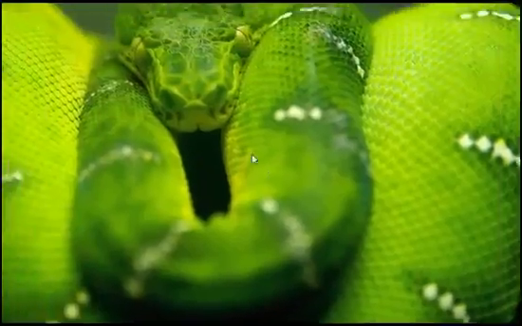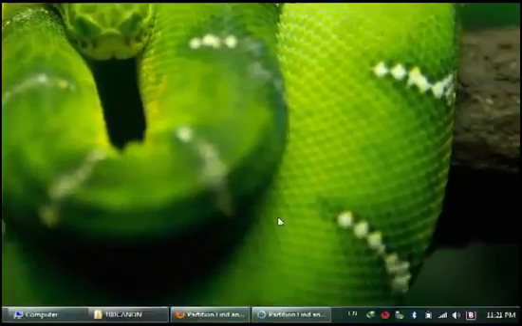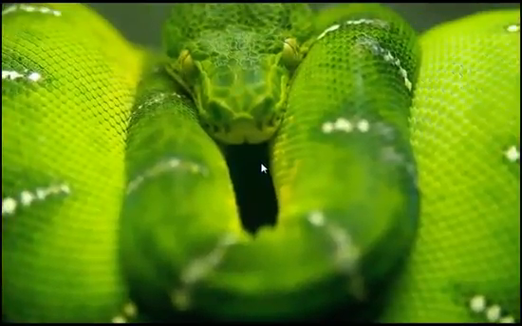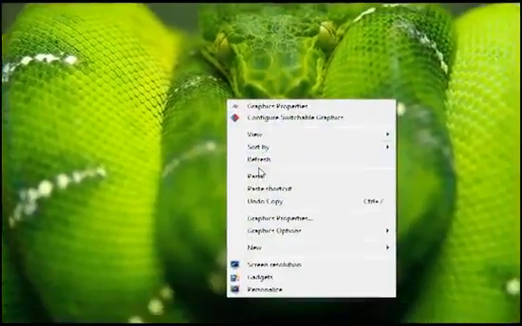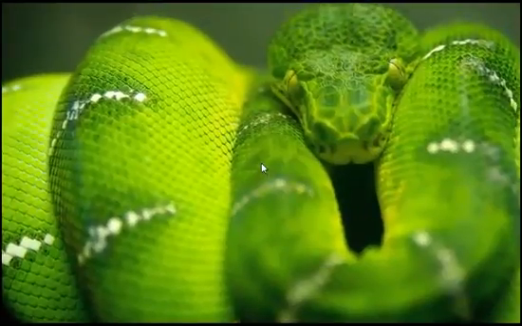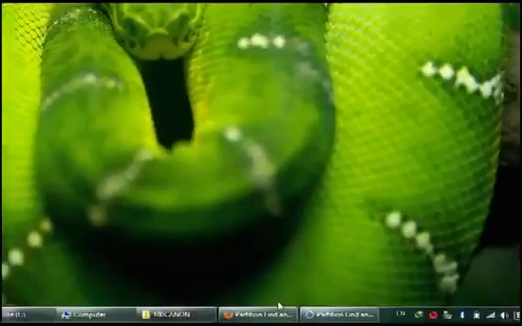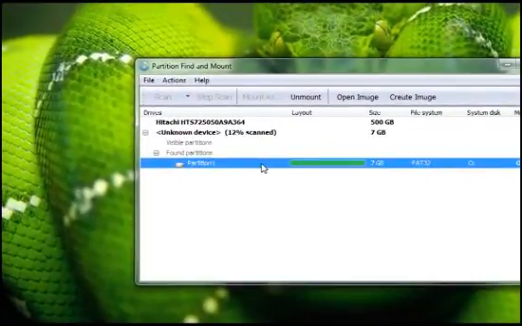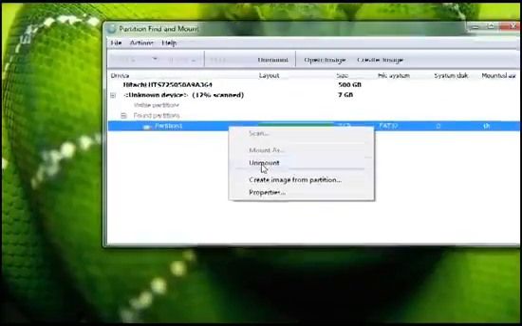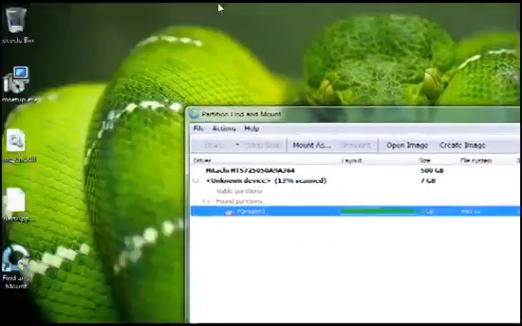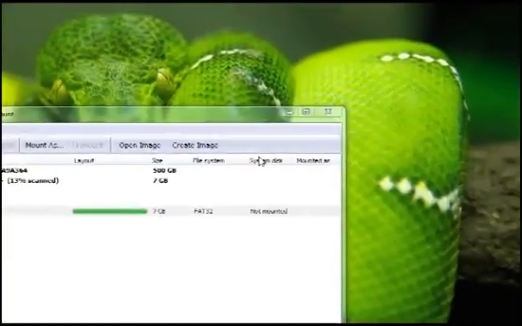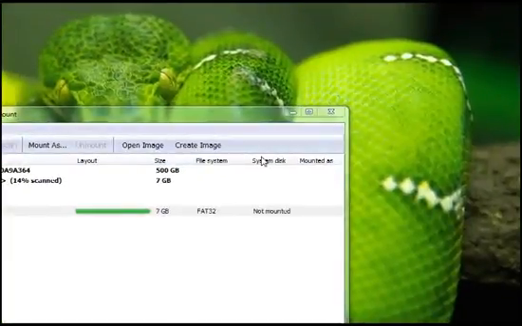It depends on you, or delete the pictures, because the error is going to keep showing for you, like you have to format the disk anyway. So just keep your pictures and the videos in a safe place and format the disk after this. After you finish copying all the pictures and the videos you want, click on unmount. Yes. You go to my computer, it's unmounted already. Remove the SD card from the card reader, plug it again,